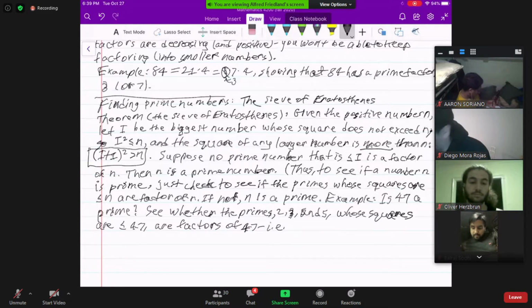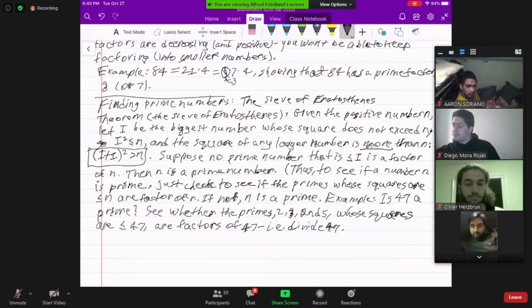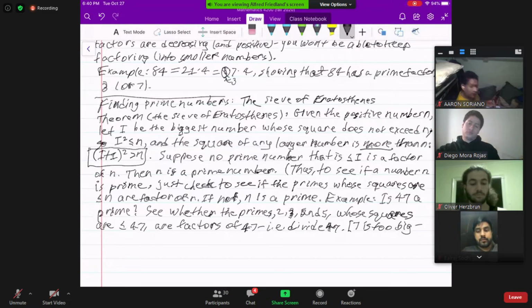In other words, divide 47. Let's observe that 7 is too big. We're not going to check that. 7 squared is not less than or equal to 47. So we're not going that far. Well, okay, so let's see. No, well, 2 does not divide or is not a factor of